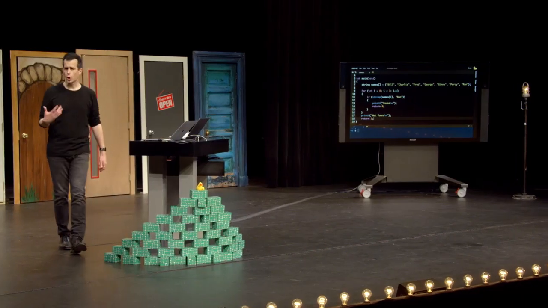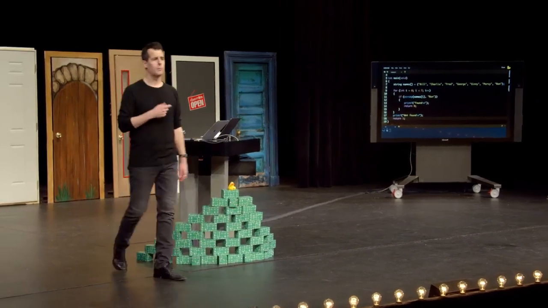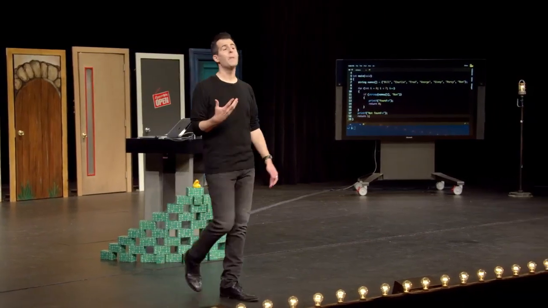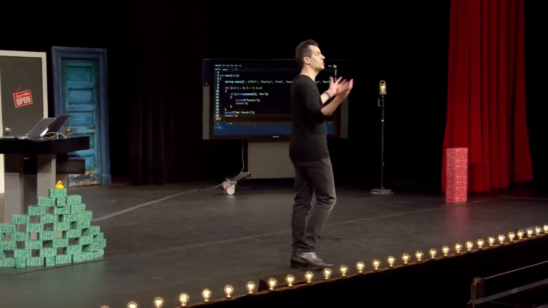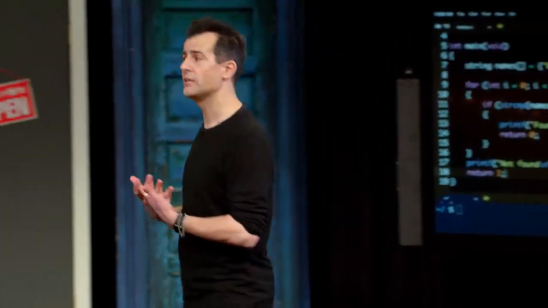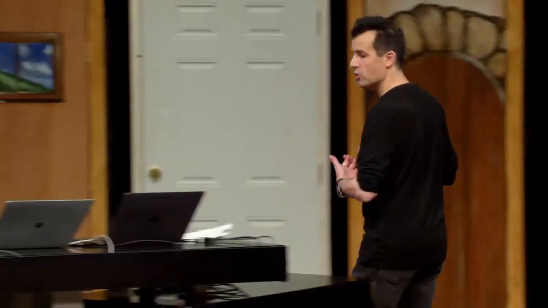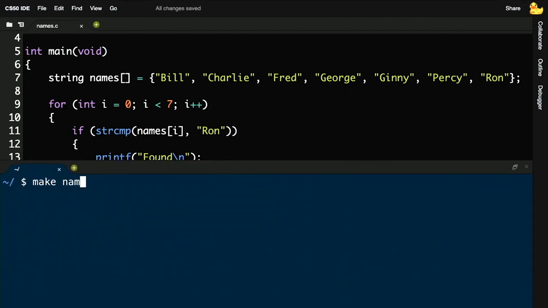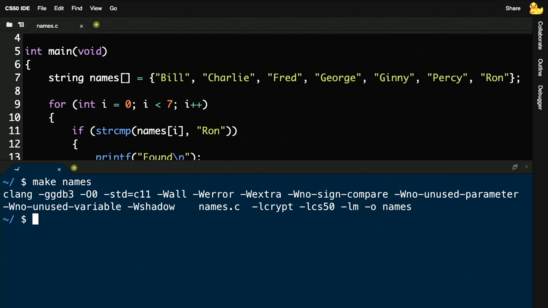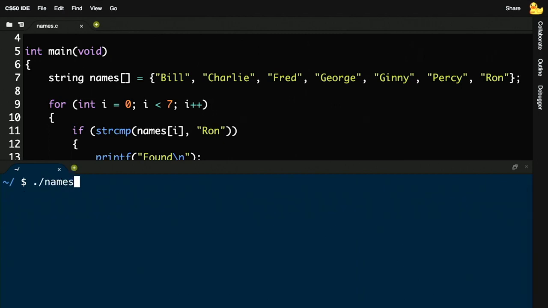So even though I've hard-coded everything, and to hard-code something in a program means to type it out explicitly, you could imagine using a command line argument like last week to get users' input. Who would you like to search for? You could imagine using get_string to ask them who they would like to search for. But for now, just for demonstration's sake, I've used only Ron's name. And if I haven't made any typos, let me type make names, enter. So far, so good. ./names, and I hopefully will see indeed "found" because Ron is very much in this array